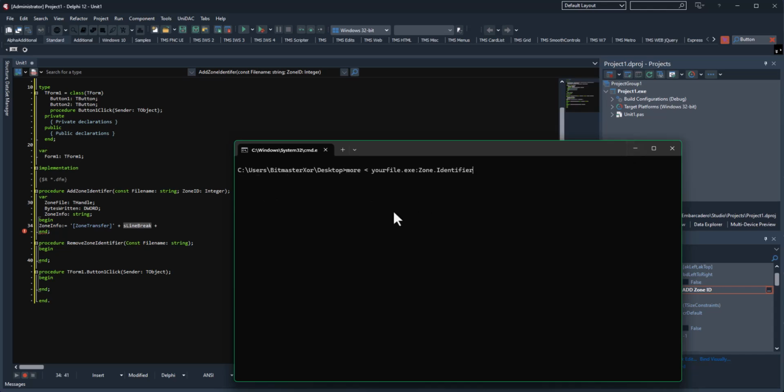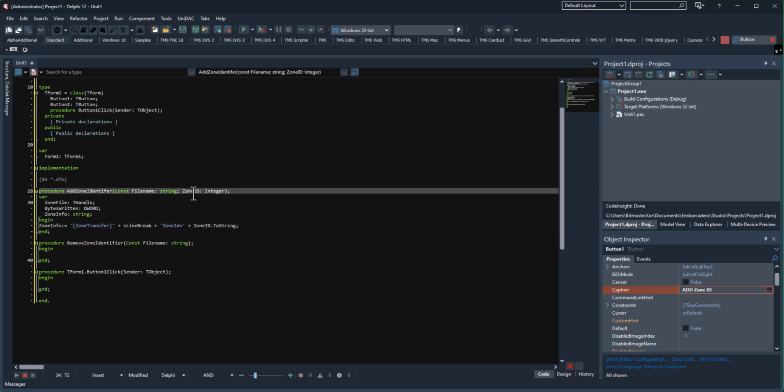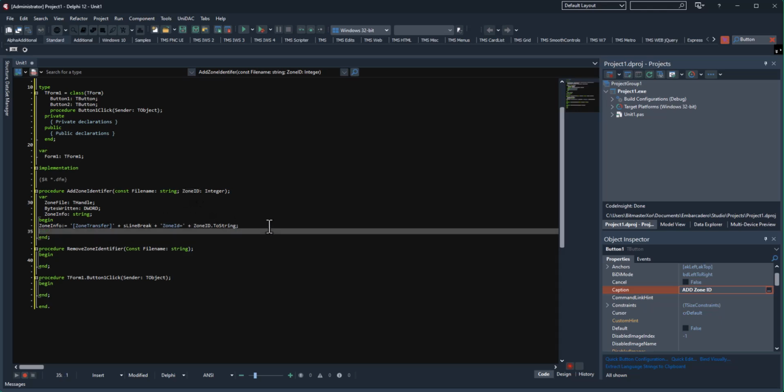All right, so let's minimize this down, go back to this. So we've got the zone transfer and then our line break, and then we're also going to put in zone ID is equivalent to plus the zone ID dot toString. Okay, and that's going to be the zone ID that's passed to this procedure. Okay, guys? You follow me so far? Now we're going to the next line. So this is going to say zone file. So the zone file is going to be equivalent to,